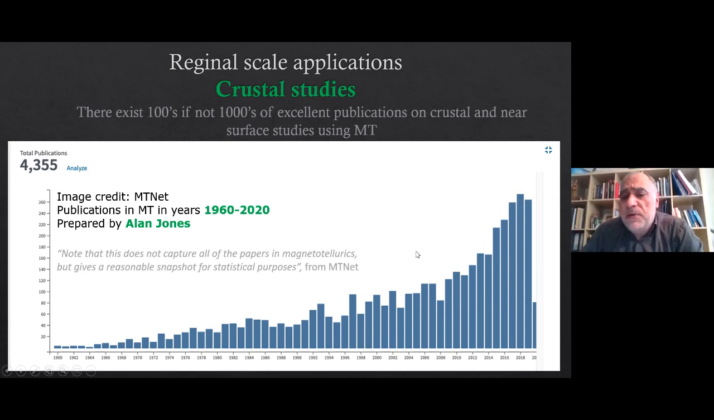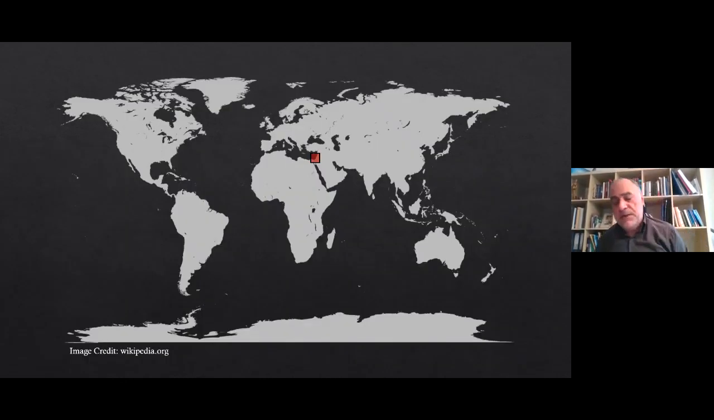This increase in the use of MT is attributed to rapid development in instrumentation, stable processing codes, as well as modeling codes. All of these components contribute to this rapid, exponential increase of MT use in the geoscience community. Now, as I said, I will talk about the